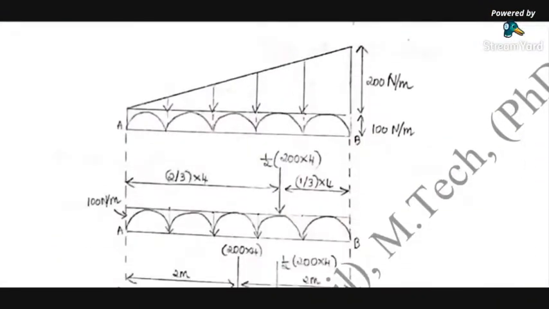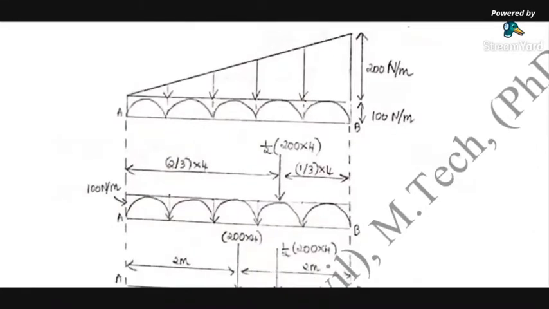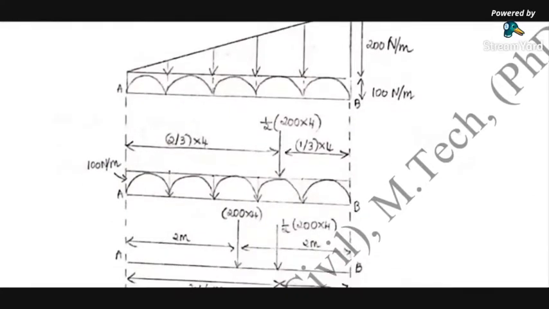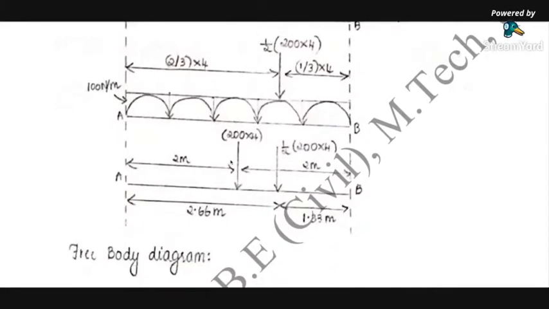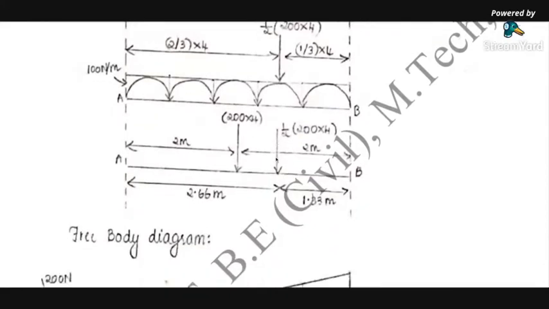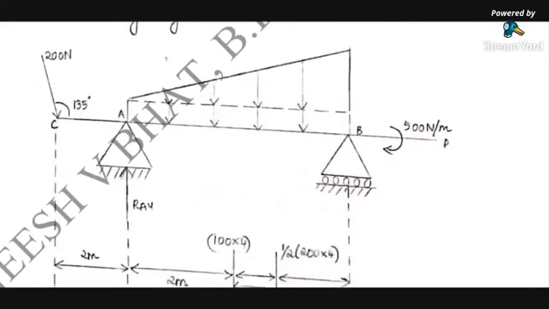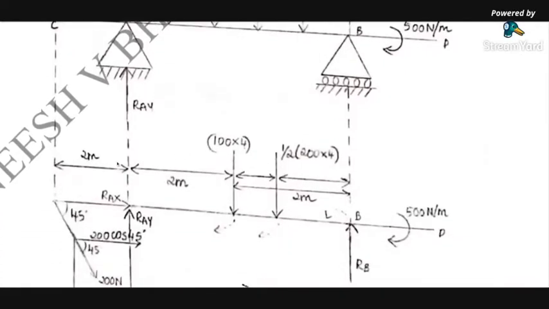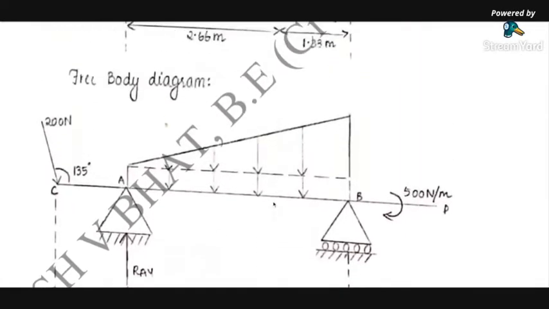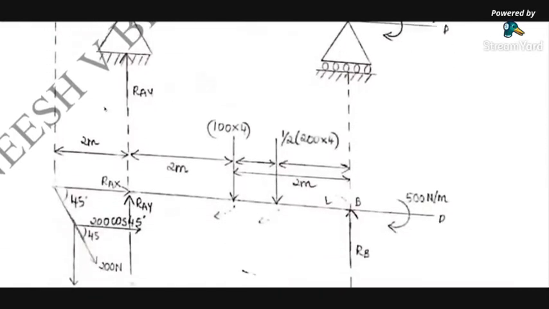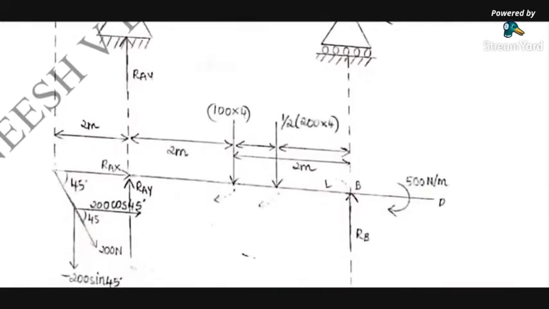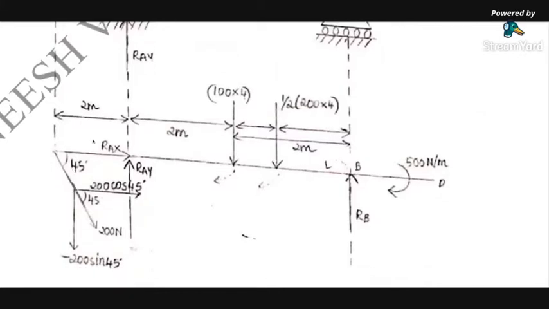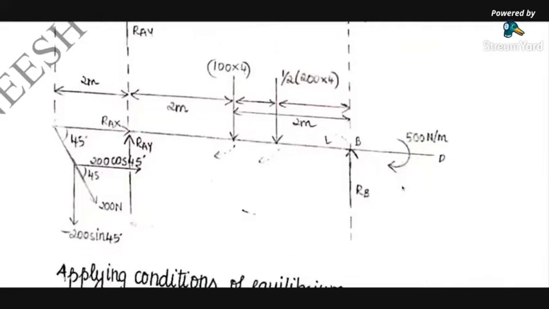So this is how you convert UVL into a point load, and this is the conversion of UDL. You get 2 point loads here, and this is the point load diagram. It's written as free body diagram here, but it's not the free body diagram. It's the point load diagram itself, where you have all the forces in the form of a non-concurrent force system. You have resolved this force as well, and you have 2 point loads. You have RB and you have an external moment of 500 Newton